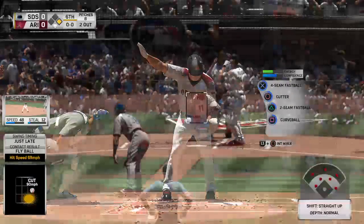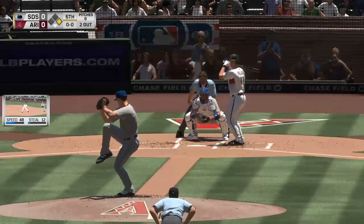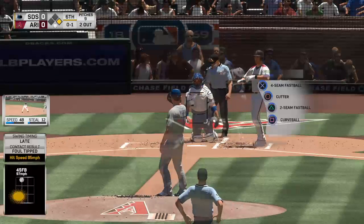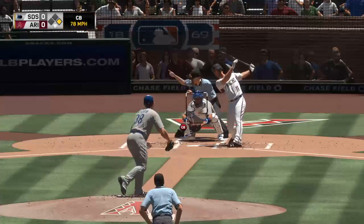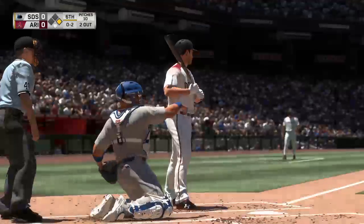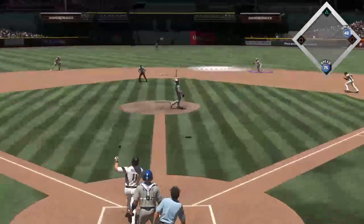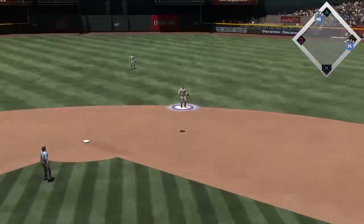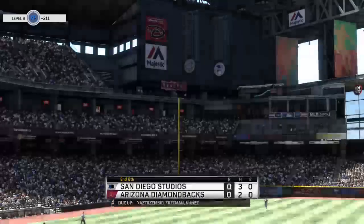Center fielder number 11. Striding in once again, A.J. Pollock. It's been an 0 for 2 effort for him to this point. Sends that one out of play for strike 1. Curveball, swing and a miss, and he's behind in the count. 0-2. Oh man, I talk about frustrated. You're down 0-2 with this guy. You know he's got 4 pitches in his back pocket. You just don't know which one he's going to throw. Murphy has got it, and the side is retired. So it's